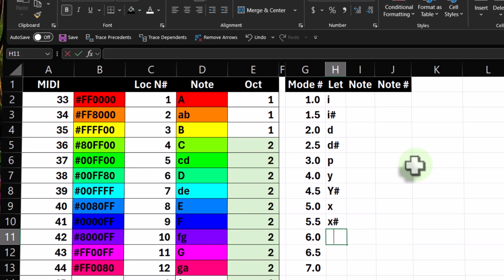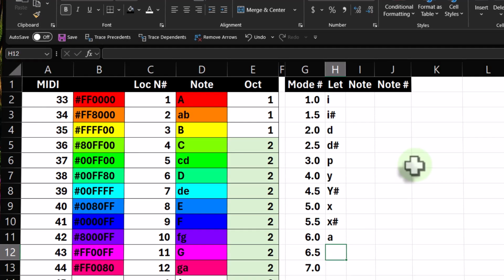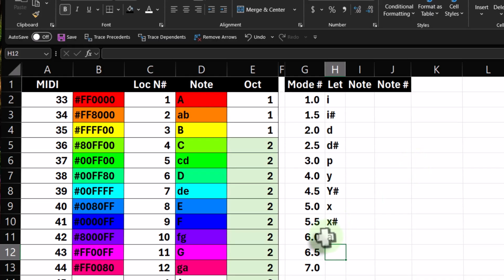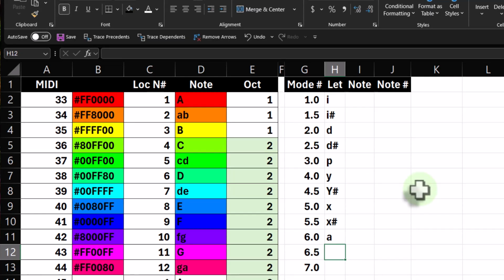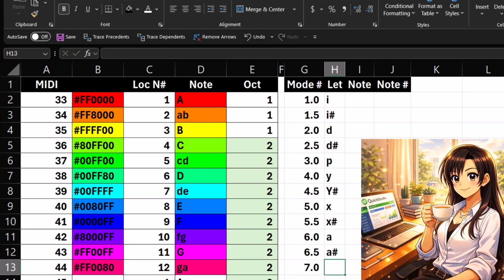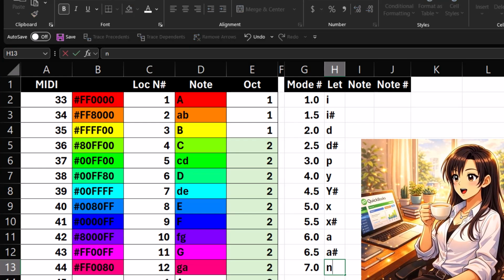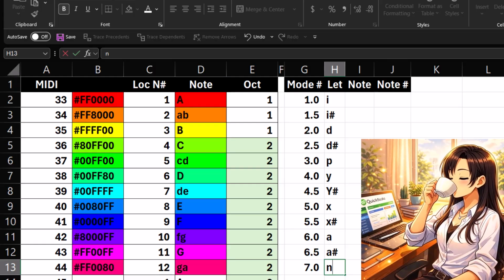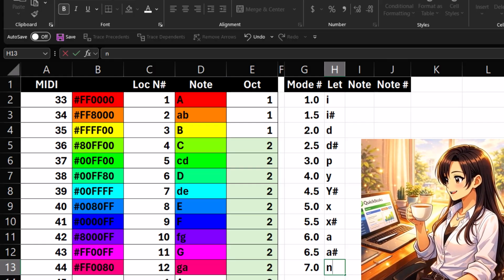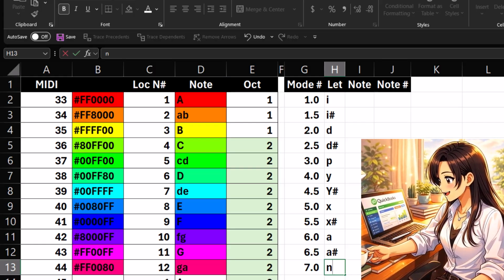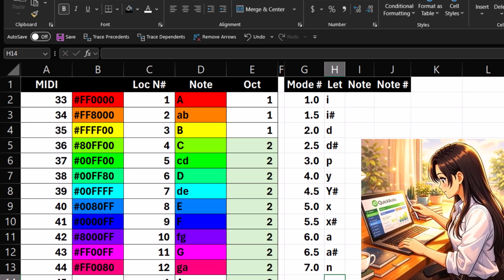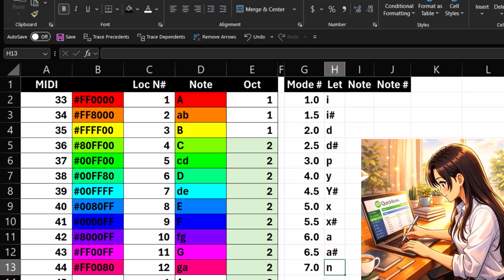And then A, I'm going to use A, which looks like the letter A, but the D and the A could get confusing. But lowercase is usually going to be in the context of a mode. And then Aeolian Ocean. And then 7, I'm going to use an N because I don't want to use an L. And because Locrian's kind of crazy, think of it as spelled backwards. The last letter is an N in Locrian. Okay, so then